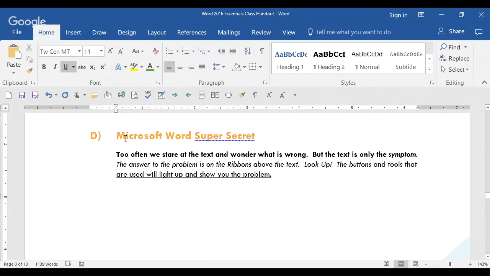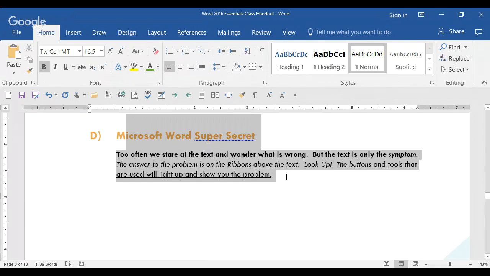And I realized right then and there, oh my goodness, I get calls. The most calls I get and the most questions I get in classes are, I can't figure out what's going on with this document. It's going crazy. And I realized, well, that's because your eyes are down here. Your eyes are down here on the problem. Your eyes need to be up here on the solutions. It's a